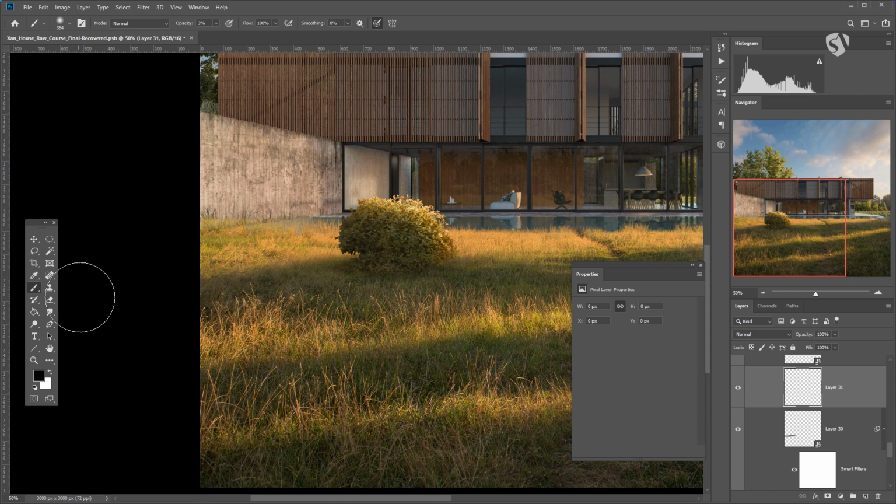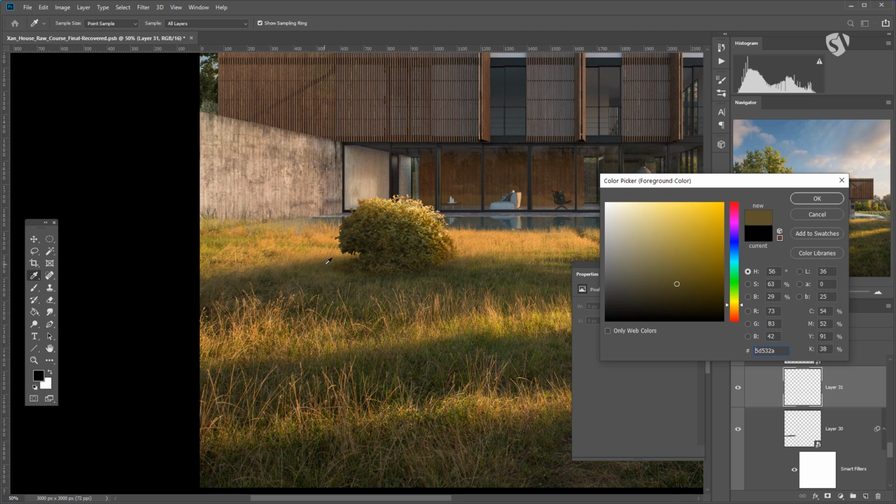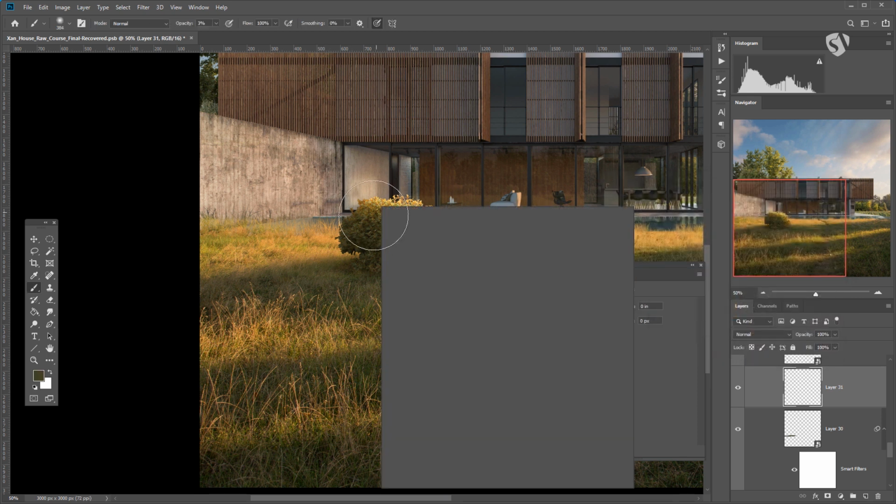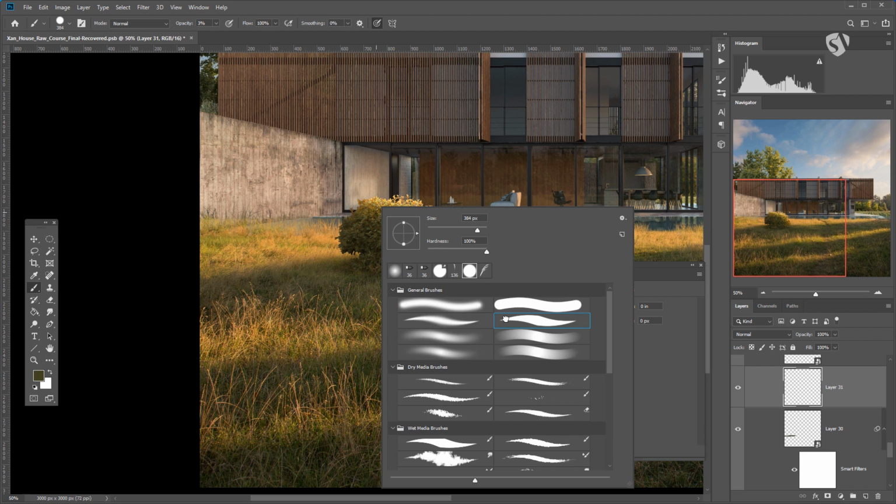So what you can do to make something more realistic, as you can see here, you see some of the grass crop. This is basically bright over a dark ground. And we should have also here, you see there is some dark ones over a bright area, and we can do the same. So if we take a dark color, like from this area here, and then a very small brush, okay,